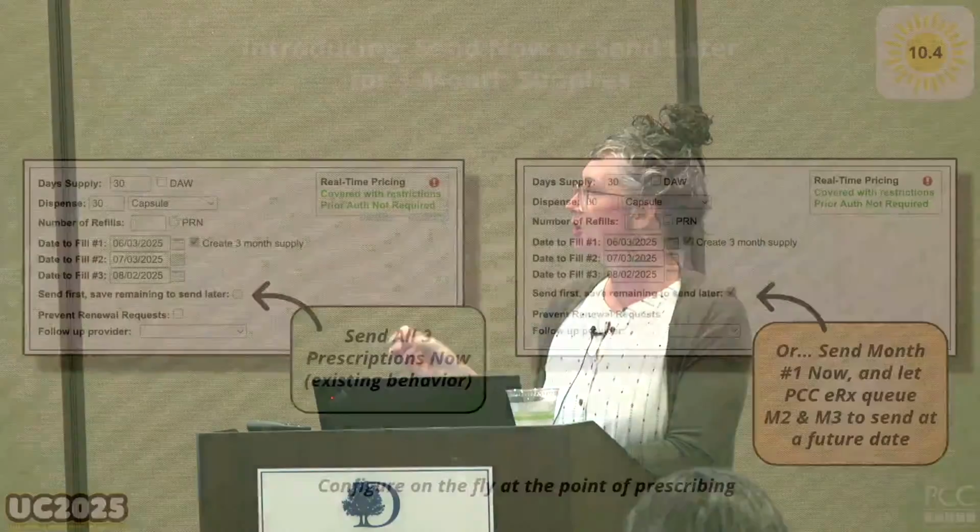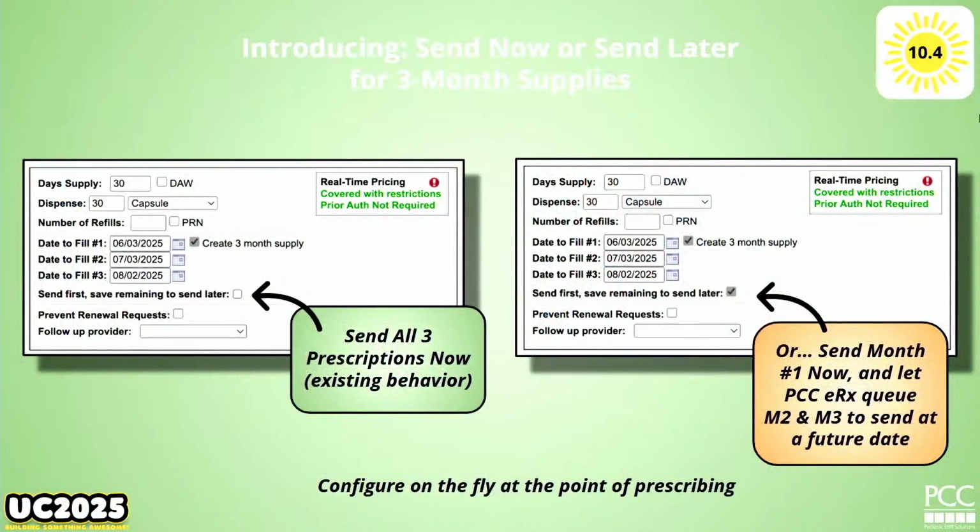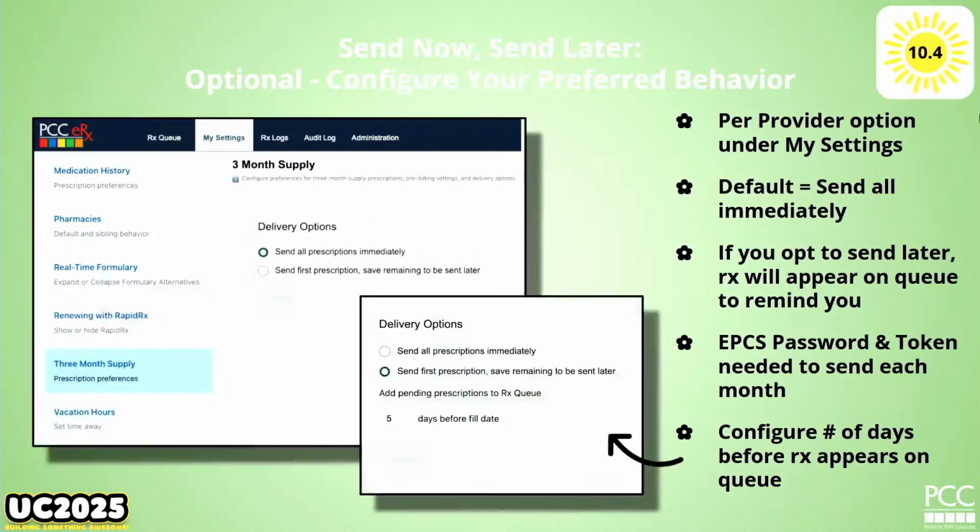The question I got in the hallway all week: can't you just do it for me? I signed my password, just send it again in a month and then in 2 months. We can't do that, guys. The man does not like that. You still have to log in and put in your secret password, but it also gives you an opportunity to review it and make sure it makes sense, because what if the strength changed or the situation changed? So let me show you a couple more things and then we can reflect on what we're building.